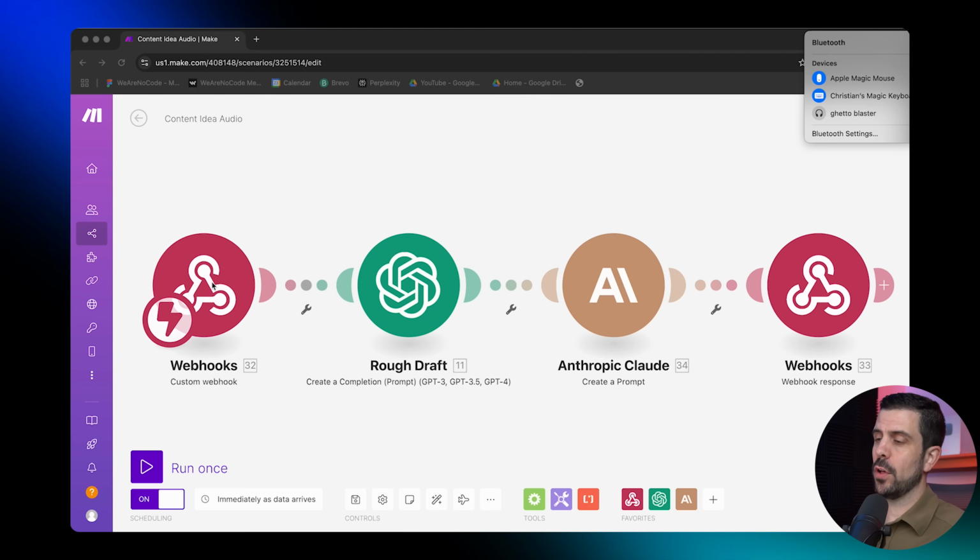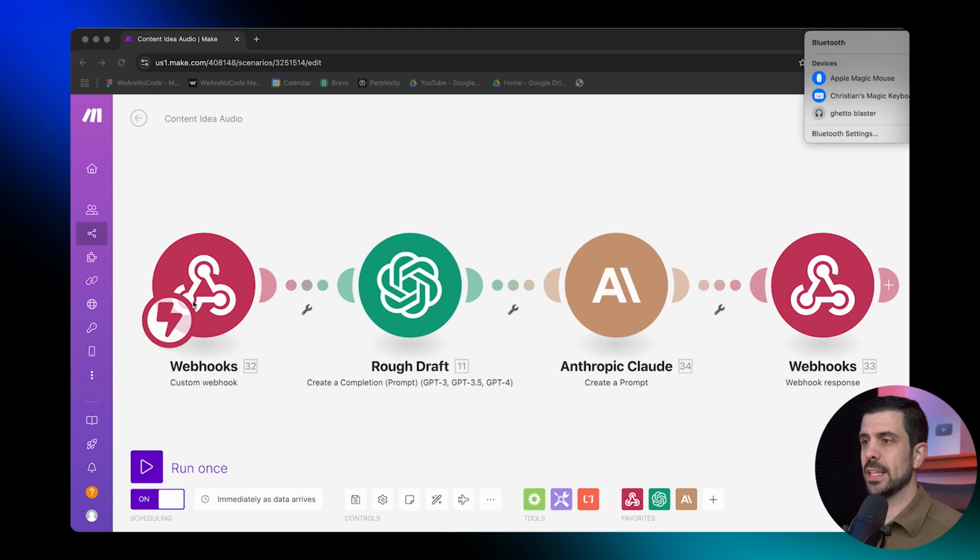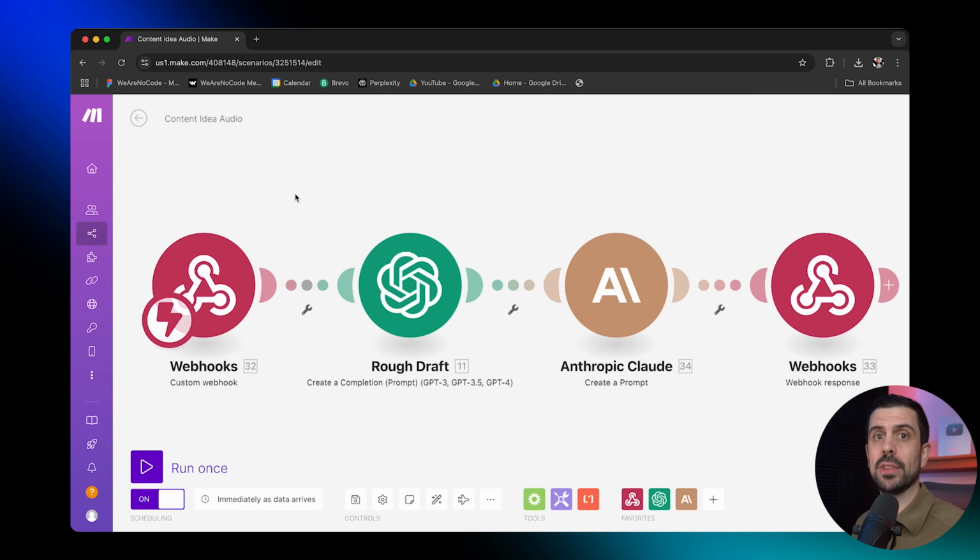I created, first of all, here a webhook. So what this does is that it's going to be the trigger, right? So as soon as someone has finished a recording and the transcript is being sent, it's gonna be sent here. Now every webhook has a link, and we put that link inside of our project, and it's gonna connect to this scenario. Now once that voice note or audio or transcript, whatever you wanna call it, has been sent here,